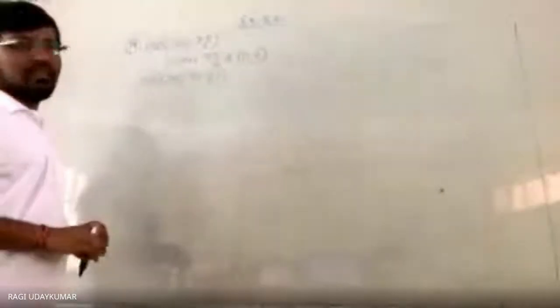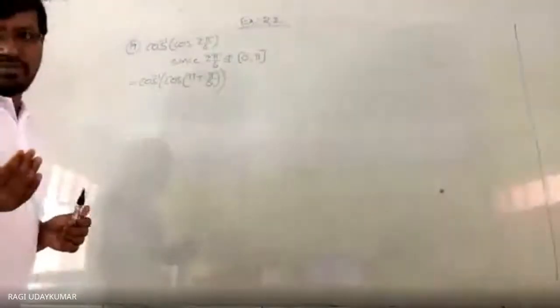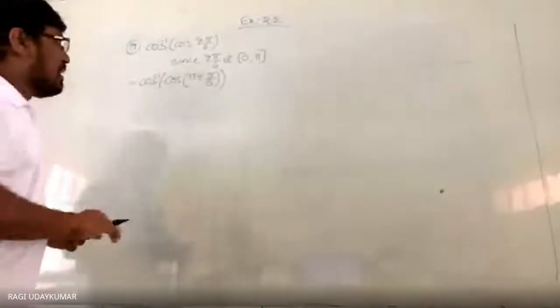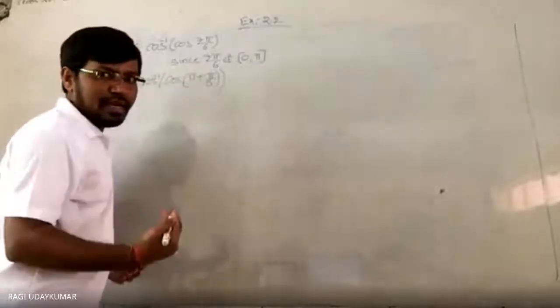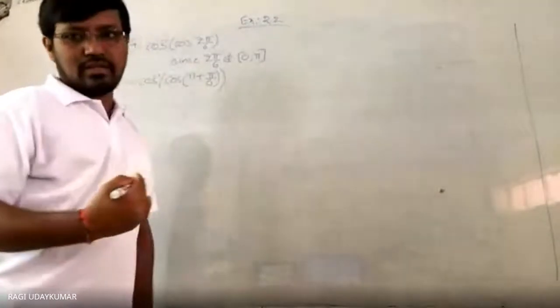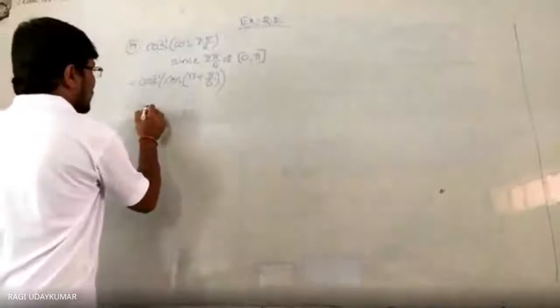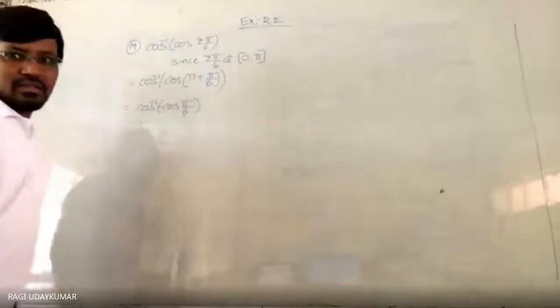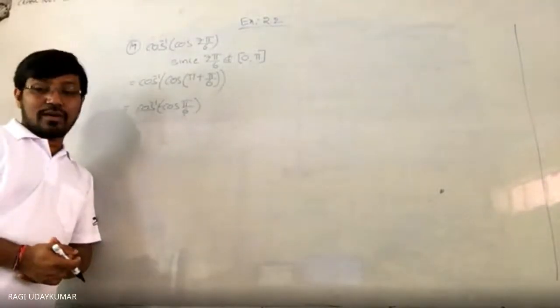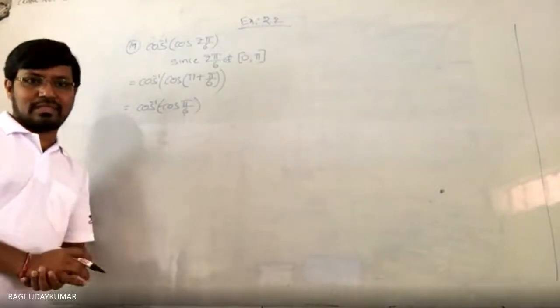Okay, so pi plus pi by 6 is 7 pi by 6. Now what do you get here? Cos of pi plus pi by 6. Which quadrant will you get? Third quadrant. In the third quadrant, tan is positive, cos is negative. So you are going to get cos inverse of minus cos pi by 6. Here, minus cos pi by 6 cannot be written as cos of minus pi by 6.